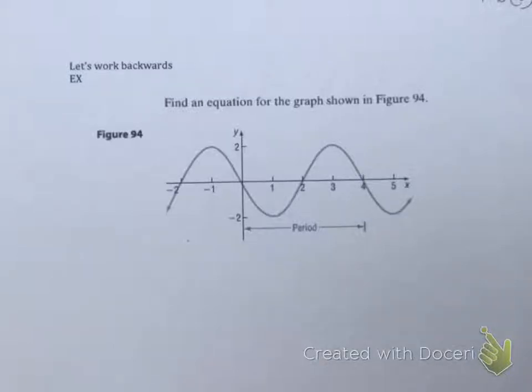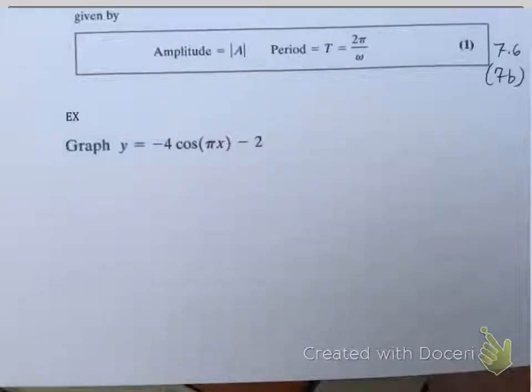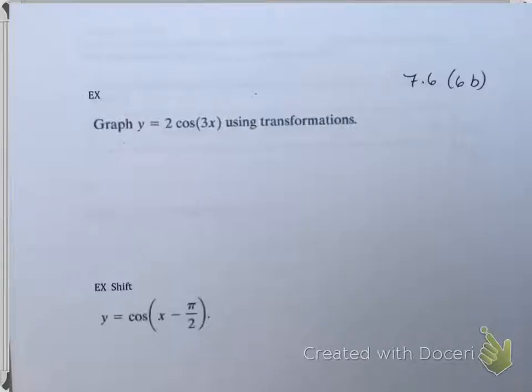Alright guys, this is the last section. It is 7.6 part 3. And I'm going to actually go back to the first page where we left off. This page here, it says that we have to do this example because I did the previous example on part 2. Alright, so we're going to do this one right here where it says y equals cosine of x minus pi